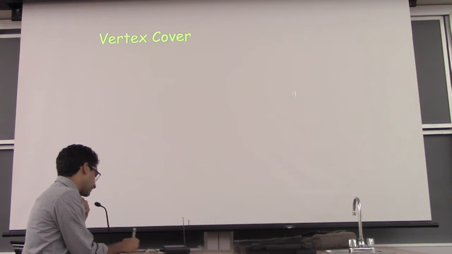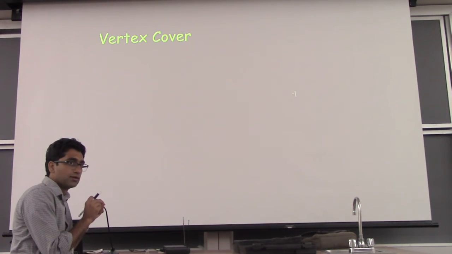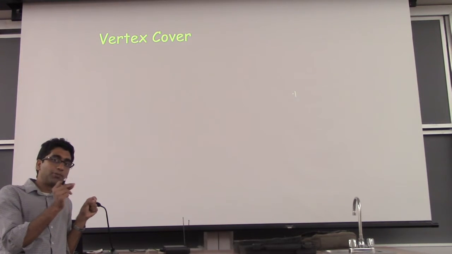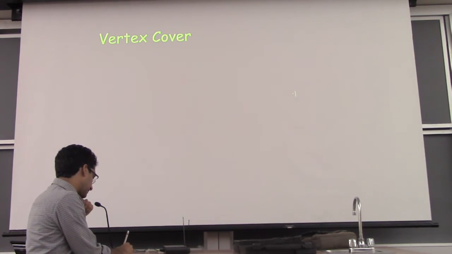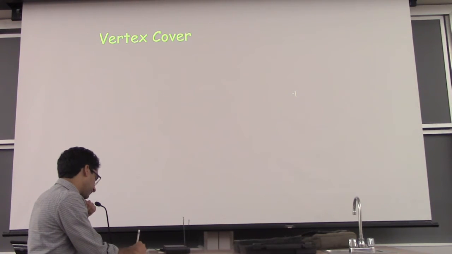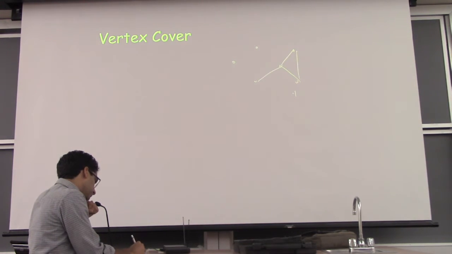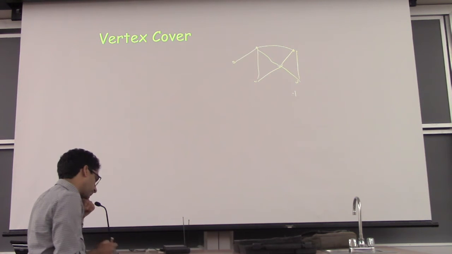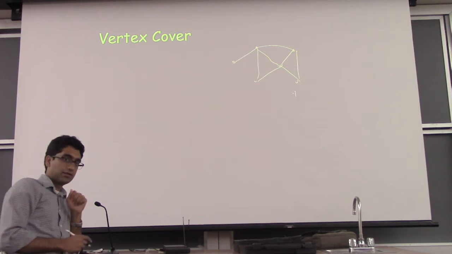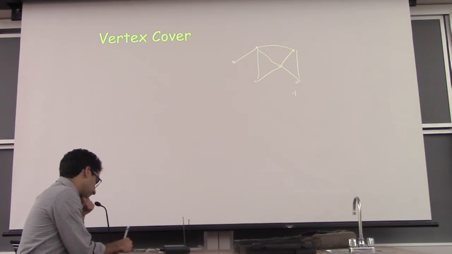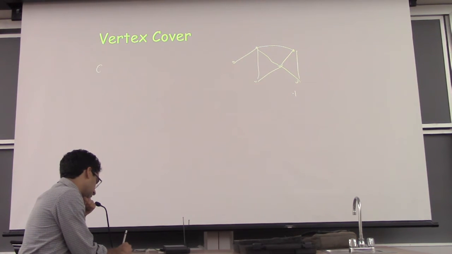So I'll go from independent set. I'll show that it's easier than this problem called vertex cover. Okay, so what is vertex cover? This is again a graph problem. You have our favorite graph. And this time, this is a minimization problem. Okay, so the vertex cover problem is: given G,